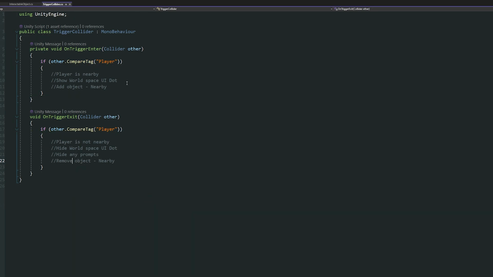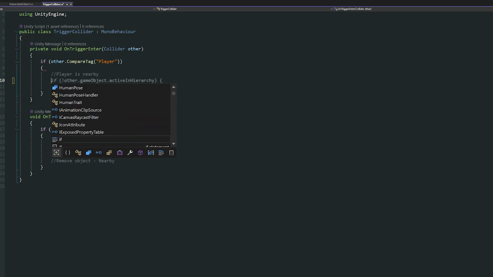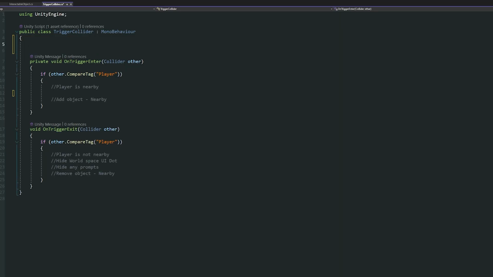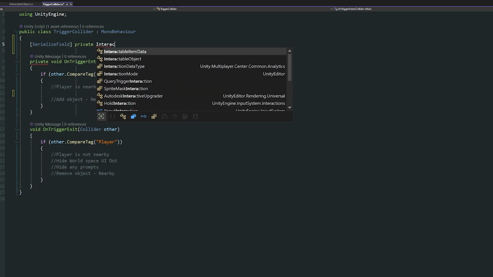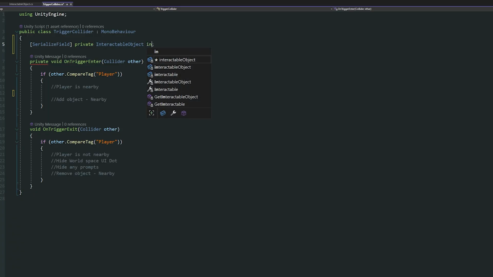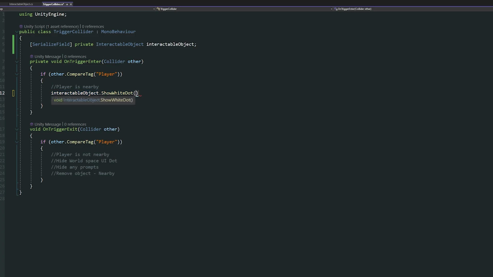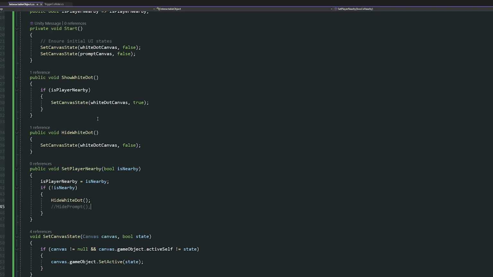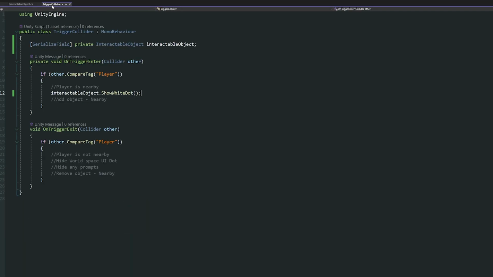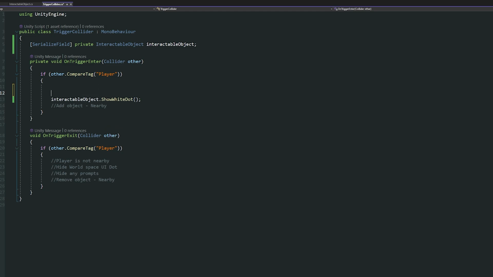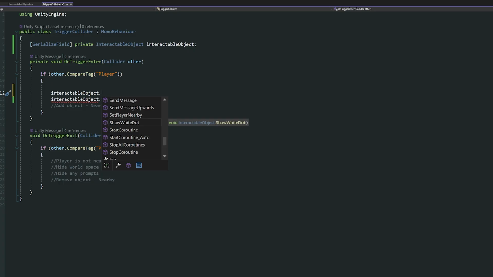We can go back to our trigger, and then because we wanted to show that UI, that dot, we'll say that we want to reference our interactable object that's going to be the one on the actual objects that we use. So we'll have a private reference to that interactable object and just call that lowercase interactableObject. So in my case now, we can reference that new field and say that dot ShowWhiteDot. So that's going to be that method in the script, which is going to be show that dot if the player is nearby. We also want to make sure that we update that field to say that player is nearby. So interactableObject.SetPlayerNearby